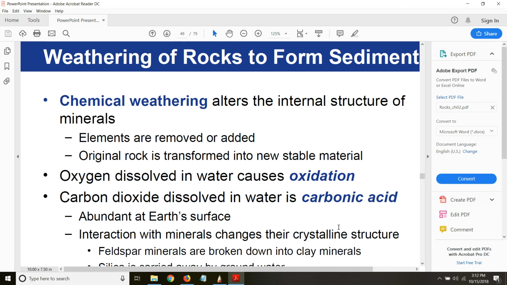And now let's look at chemical weathering. Chemical weathering uses some sort of chemical reaction to alter